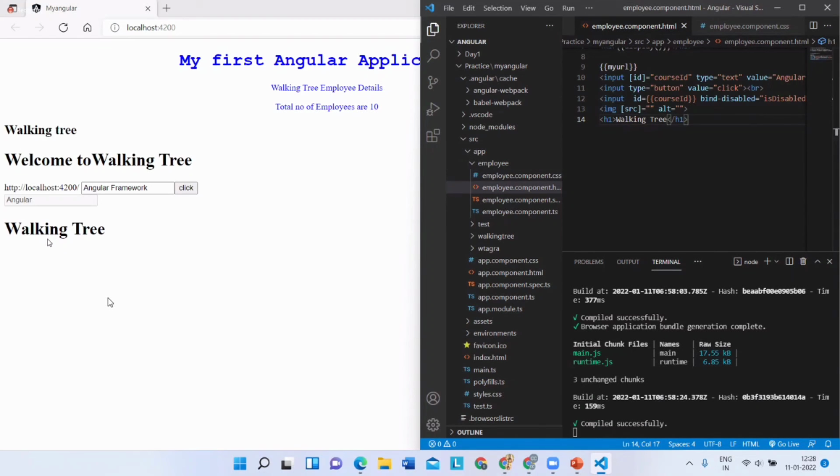Now I want the color to be given to this, so I'll use class is equal to text color. You can see that the color is being changed. This is the normal method we are implementing. Now I just wanted to bind